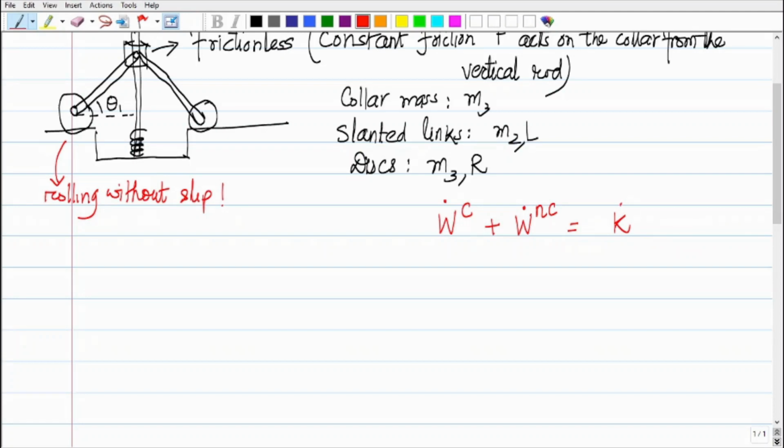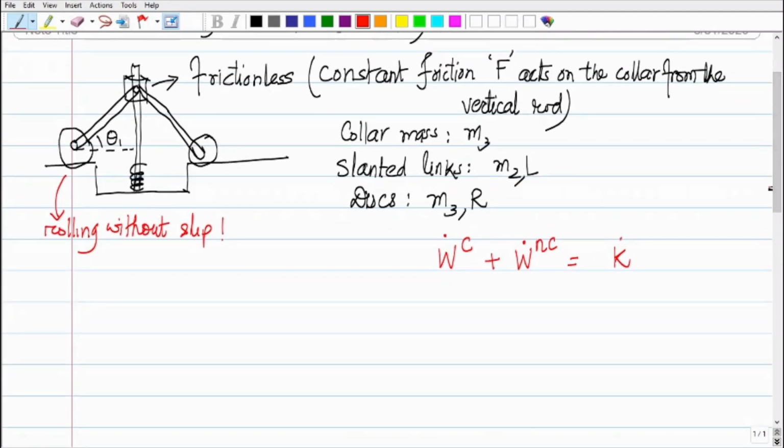So work done by conservative and non-conservative forces, the rate of work done on a system is equal to rate of change of kinetic energy of that system, isn't it? So here we can treat the collar, the link and the disk together as one system, and everything else is then external,